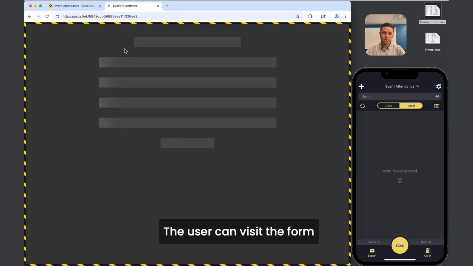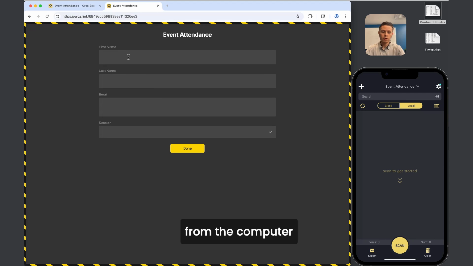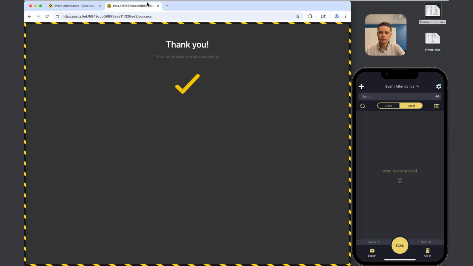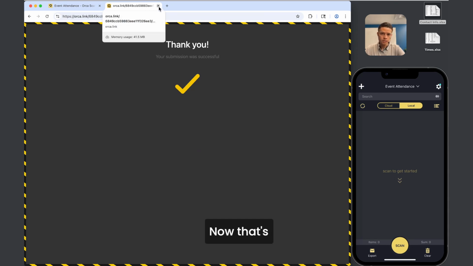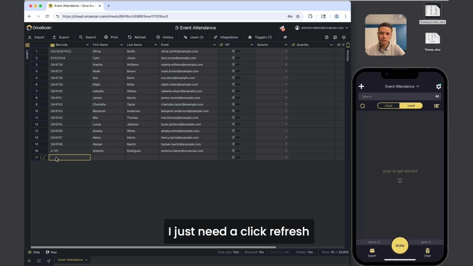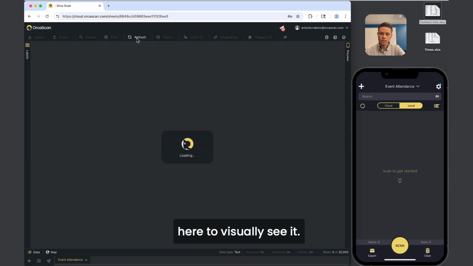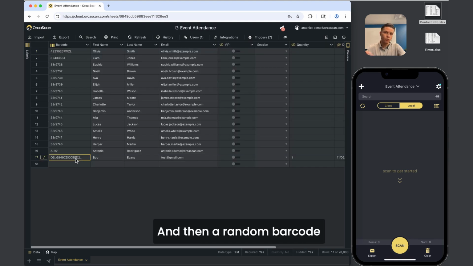The user can visit the form from a computer, and then they can fill their information in like this, and then click Done. And that's it. Now that's on the cloud already. I just need to click refresh here to visually see it, but it's there,